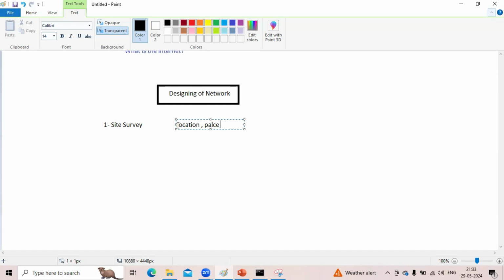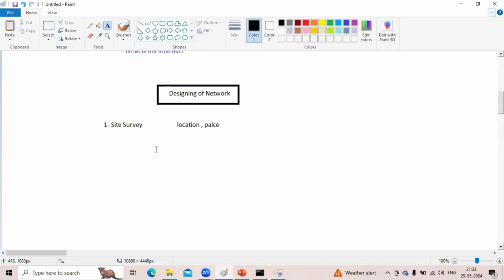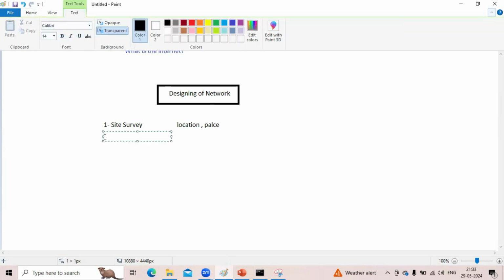I'm talking about the carrier, the ISP. If you build your office out of the city, maybe you will not get connectivity. If you don't have internet connectivity, then what can you do? We have to be very careful about that. Because of that, location and place are very important when we design the network.